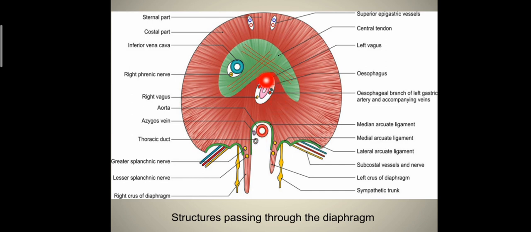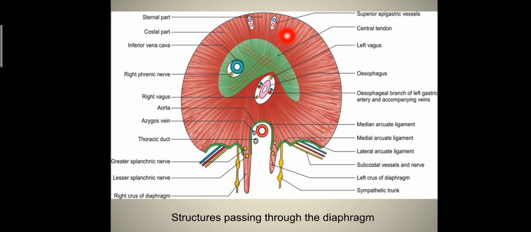Through the esophageal opening, the esophageal branch of the left gastric artery and veins and the right and left vagus nerves pass, and through the aortic opening three major structures pass: aorta, thoracic duct and azygous vein, and some small structures also pass through the